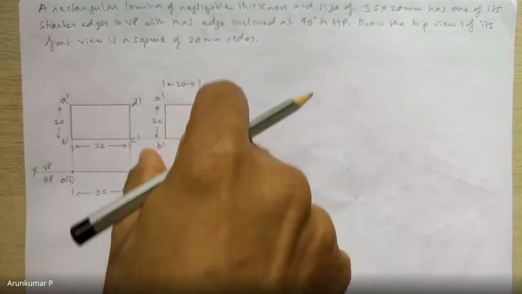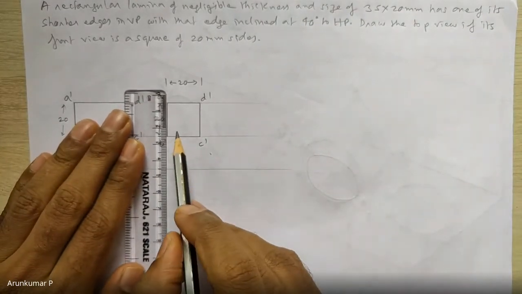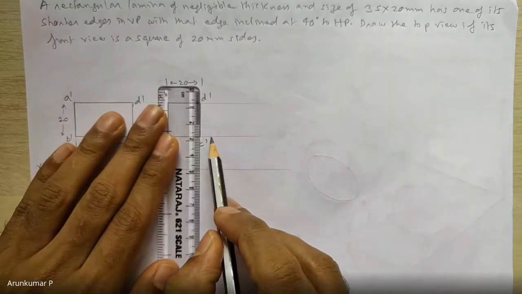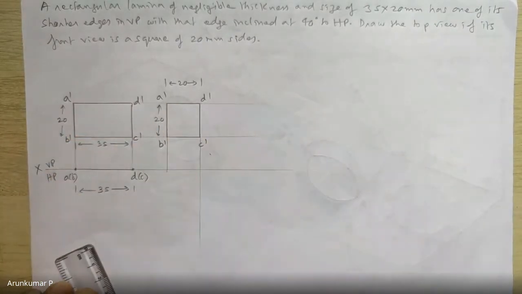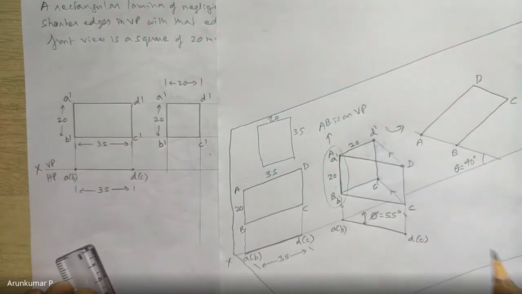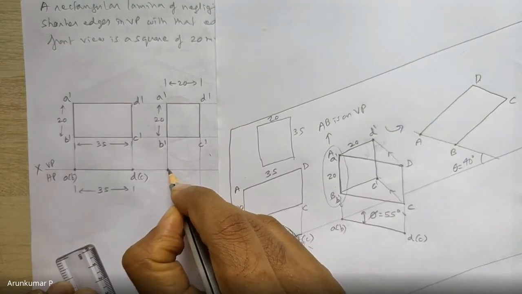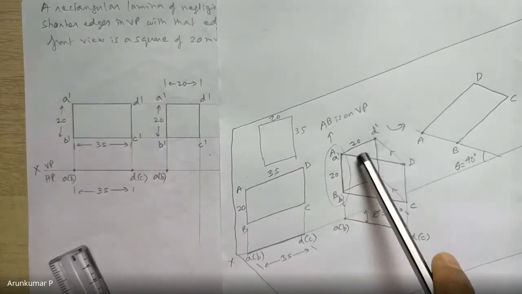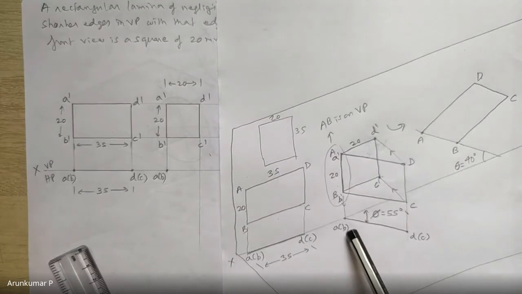Now you have to project them back and then try to find out the angle. So how you have to do? First you project this A and B till the XY line, and this C and D beyond the XY line. Now we know that, as you have seen here, AB, the top view, will be on the XY line. So you have AB here, A into bracket B, because the edge AB is on VP, so its top view, small a into bracket small b, will be on the XY line.